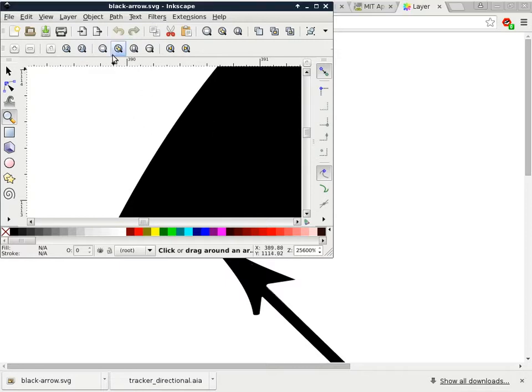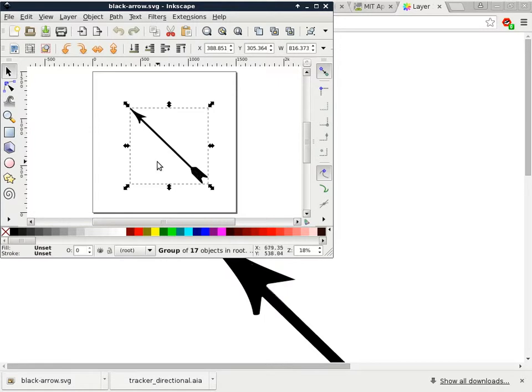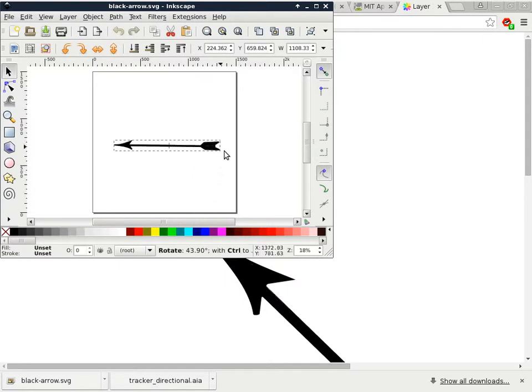Okay, so getting back to this one, I'm going to zoom all the way out, just so that I can see the entire arrow. So now I select the entire arrow, and I click it one more time, and it becomes the rotation tool. So now I can just go ahead and rotate it until it looks about right. The other direction, because you want it to face east, not west. Okay, so now that it is facing east, I can select just the thing that I want to export,